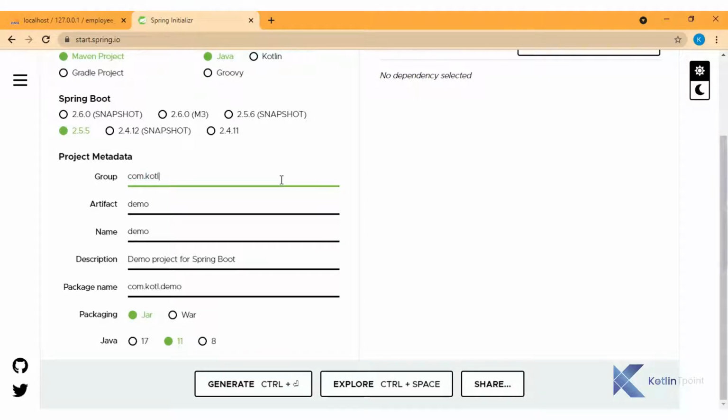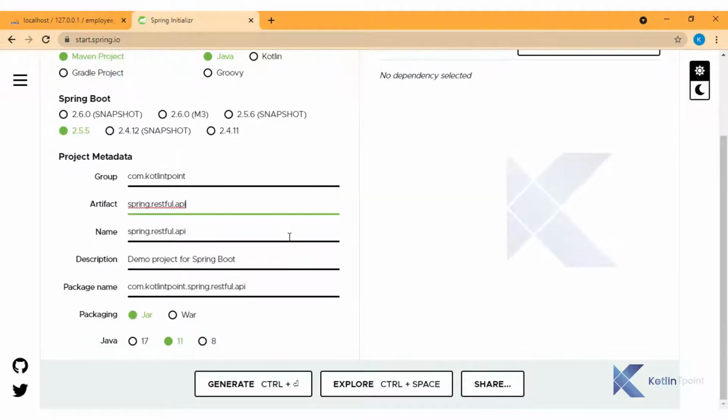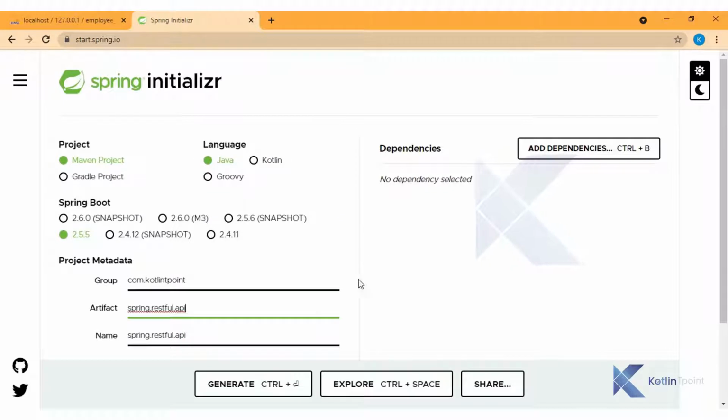So let me have the group name as com.kotlintpoint, and the artifact name as spring.rest.api. RESTful API is the name I have selected, and accordingly the other details will be there. So this is the site, start.spring.io, from where you can download the Spring Boot application.